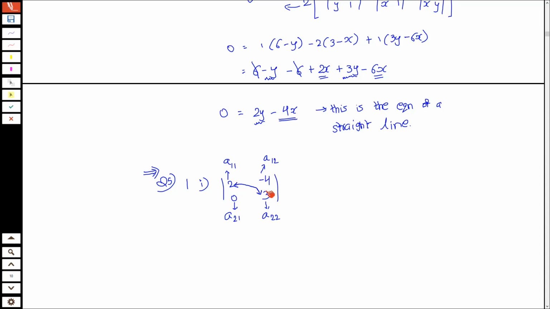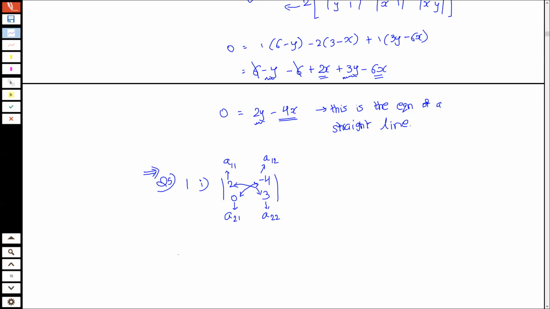So please understand these positions. In 2 by 2 determinants, these positions are minor of each other. Minor means some element. So minor of 2 or this position A11 is A22. And similarly, for this -4, if I ignore row column, then I get 4. So minor of -4 is 0. And minor of 0, if I ignore column row, then it is -4. Are you clear? Yes or no? Yes, sir.